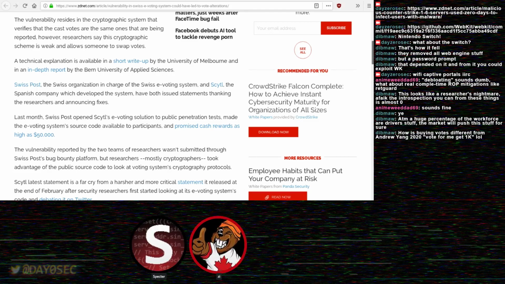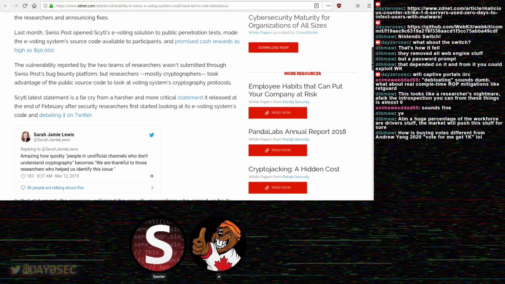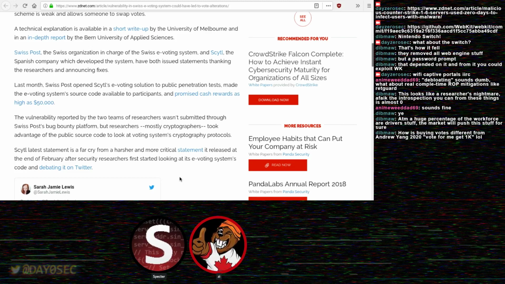Yeah. So part of how this whole thing works is they will shuffle the votes to protect individual votes. In theory, each server that shuffles the votes has to provide a cryptographic proof that the votes that came in are the votes that are shuffled out, that they didn't modify any of them. And the vulnerability here is that the cryptography was weak in a couple of ways that allow them to produce a verifiable transcript that the shuffle has actually happened, that none of the votes were changed, but actually have tampered with votes.